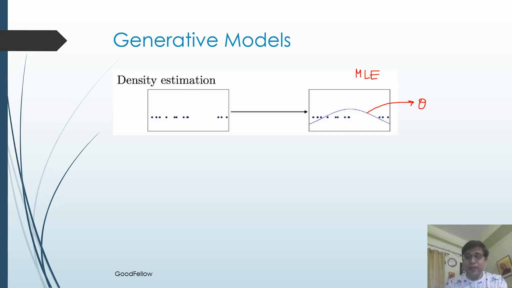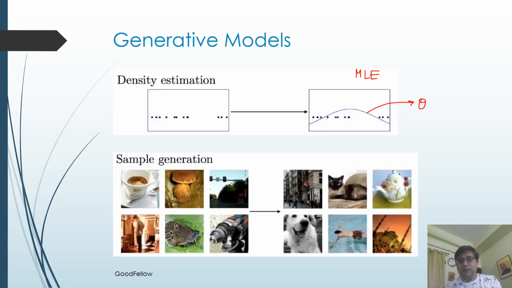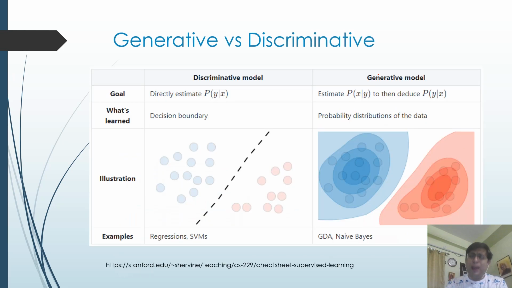Another objective is actually generation of samples. So here on the left hand side you have some real data or real photos, and from that you want to generate samples which are synthetic, that is not real but as realistic as possible. Here the focus is on creating as realistic or as authentic looking synthetic data. So you might have already understood that a generative model is not something new in machine learning.